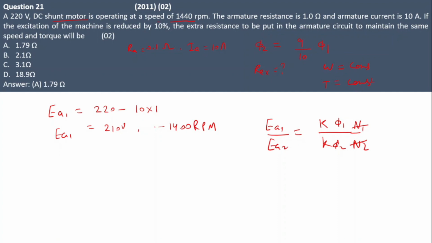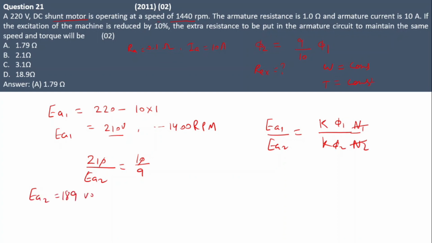Then phi1 by phi2 is 10 by 9. So Ea1, 210, divided by Ea2 equals 10 by 9. So easily you can say Ea2 equals